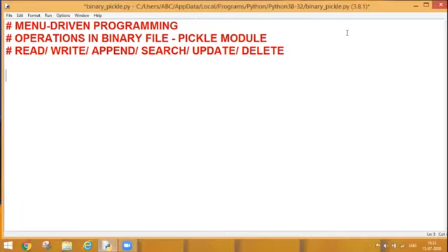I'm going to create one menu driven program for the same, in which I will be creating different modules for different operations. My first module should be writing the data in the file, because unless I write the data and create a file, I can't perform any operation. So my first step is opening a file. Let's say I want to create a new file because my file does not exist, and I'm going to open it in write mode.